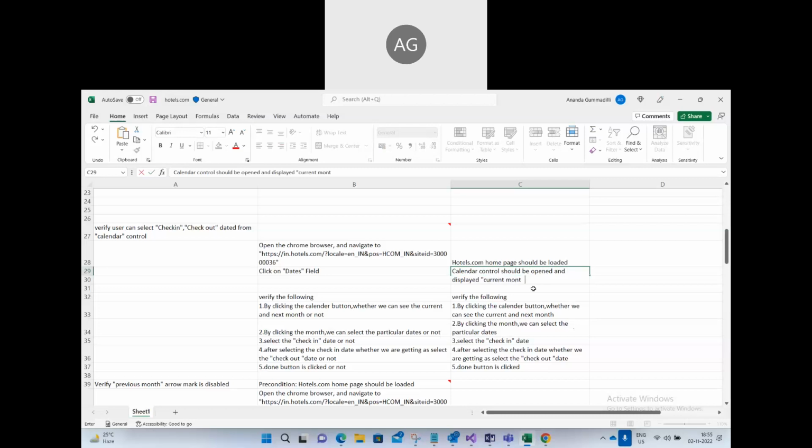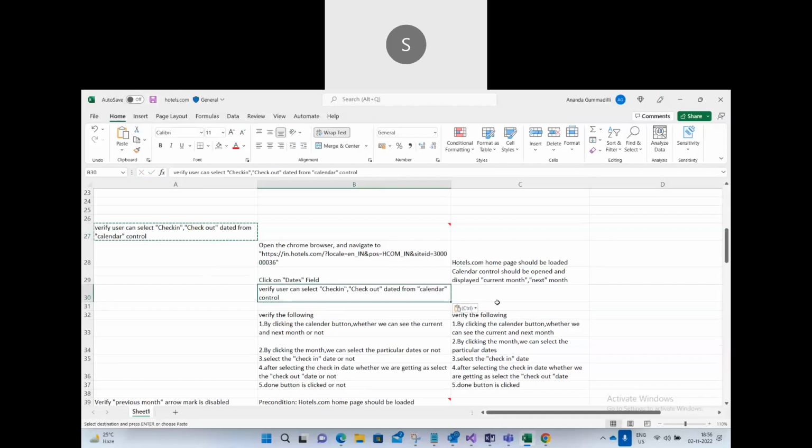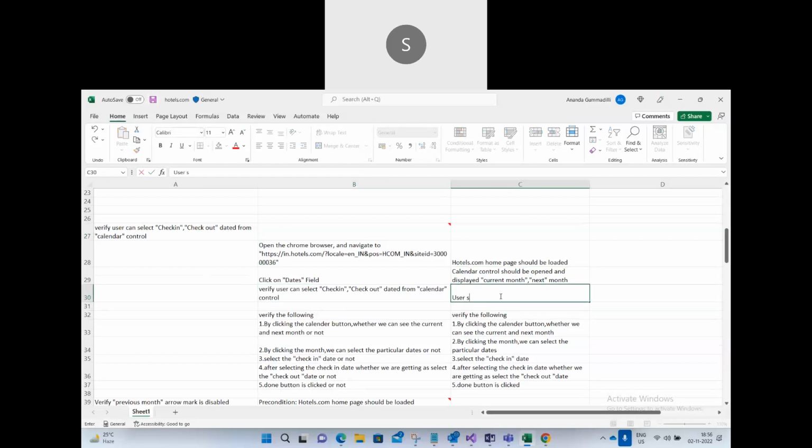Displayed current month comma next month. Clear? Yes. Okay. Now what is the next action? Now user will try to select the check-in date. Check-in. Now verify. Copy pasting. Now user should be able to select